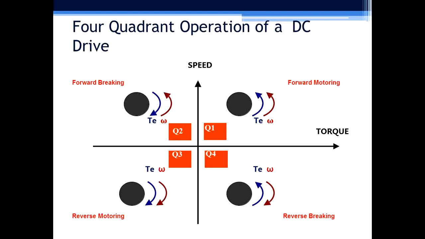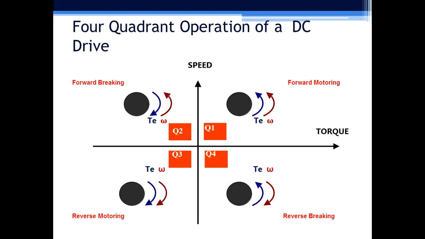In the third quadrant, both torque and speed are in clockwise direction. So power is positive and the motor is moving in reverse direction. Power is taken from source to the load. And in the fourth quadrant, speed is in clockwise direction and torque is in anti-clockwise direction. Here power flow has been reversed. That means power is flowing from load to the source. So when we understand drives, you need to understand how we can achieve forward motoring and forward braking. Similarly, we must achieve reverse motoring and reverse braking.